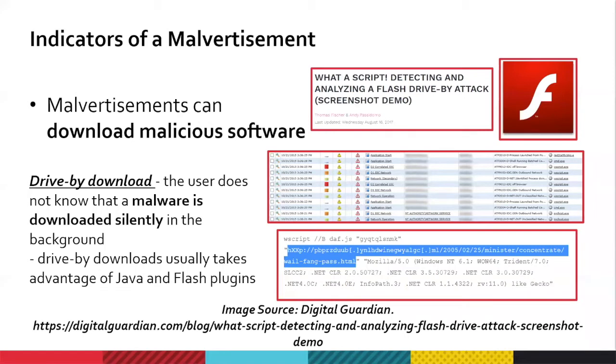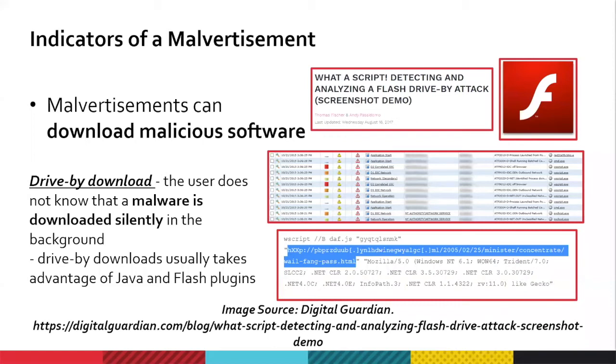You can see at the right side here is an article by Digital Guardian on how malvertisements download and execute malware through the use of the Flash plugin. So just imagine how dangerous it is to actually fall into this kind of threat. Malvertisements have been used to compromise popular websites before. They were able to create malicious advertisements in Yahoo, Forbes, and Spotify, and this was just reported in the last 4 or 5 years. Which is why it is always best that you should be careful of what you click. So those are the basics of what we call a malvertisement.